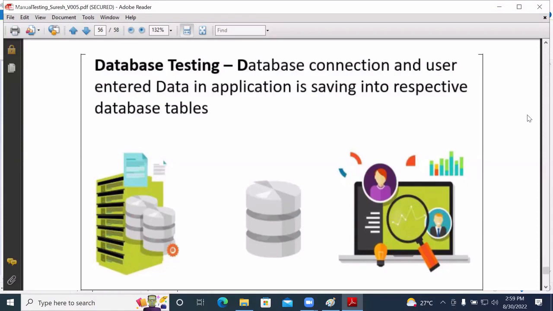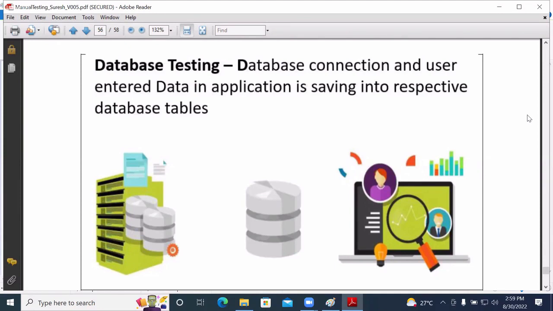Once you click on the register button, what is the expected result? You are providing all the required details in the new registration form and clicking on register.